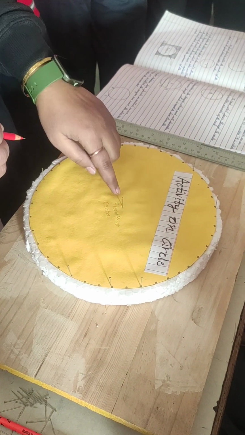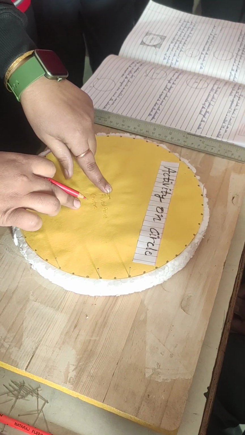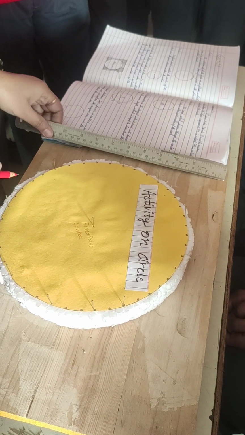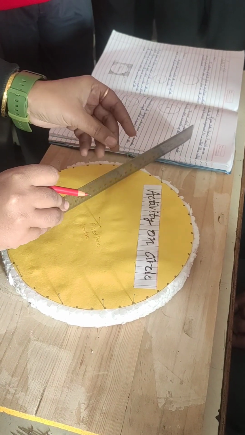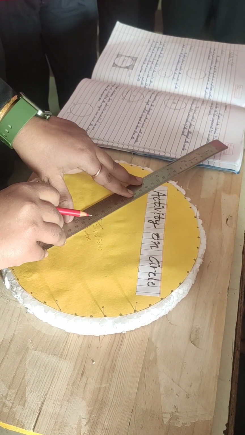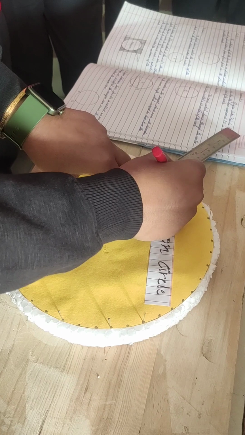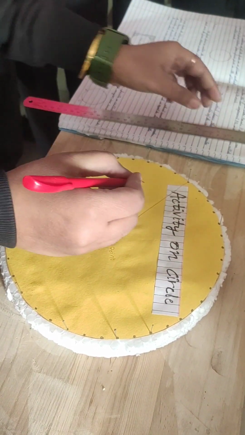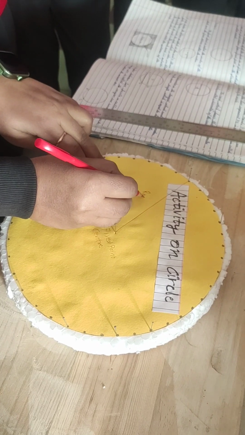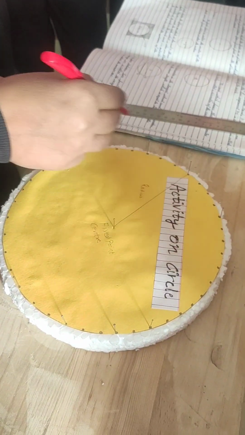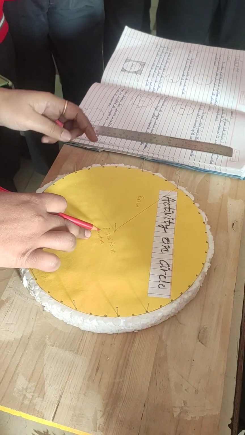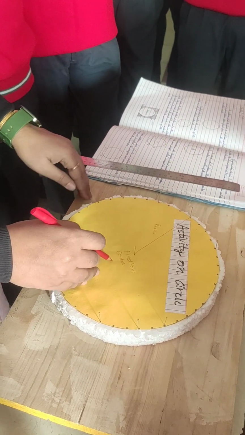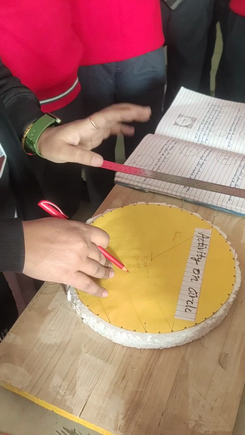Okay. So when you take the distance from the center, these distances are equal. And all these distances from the center are called the radius. This is the radius of the circle. Okay, beta. So we have discussed two things. One is that the collection of points at a fixed distance from a fixed point is called the circle. The fixed point is called the center and the fixed distance is called the radius.